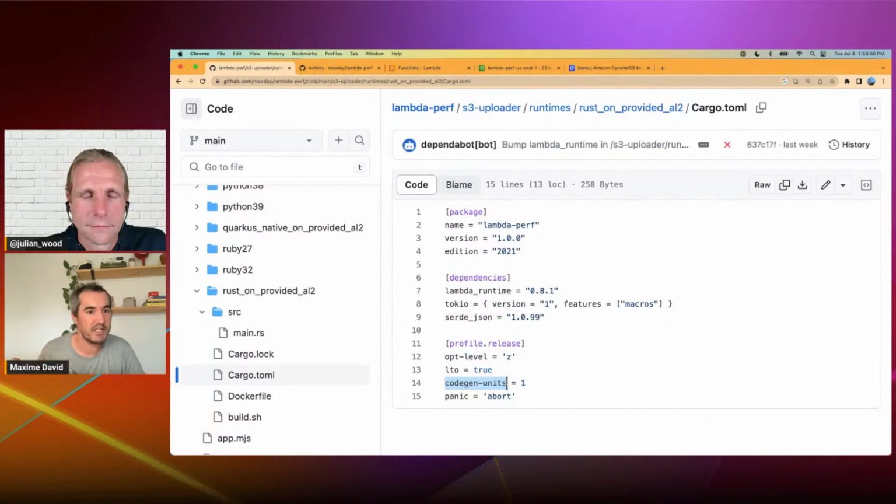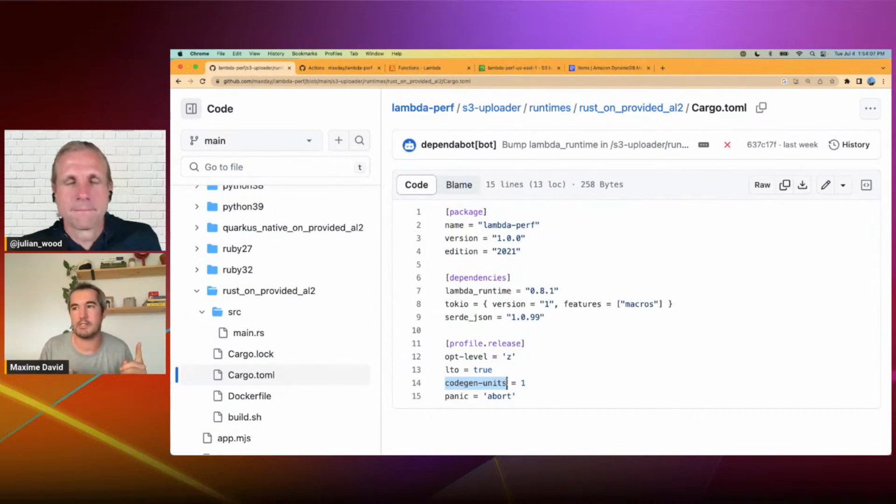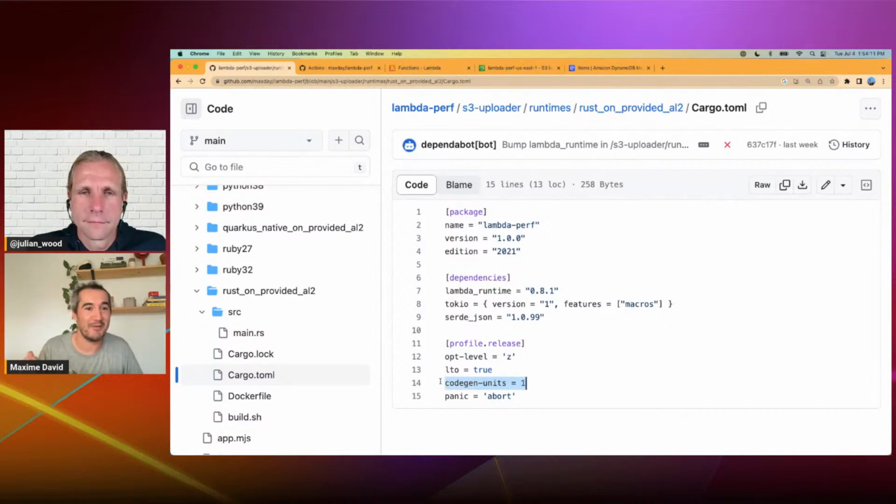But if you specify that you want to use only one code generation unit, the compiler will take more time, so compilation will be slower. But since you're using just one unit, the local optimization is way better. It's not depending on 4 boxes, it's only 1 box. So by doing this small thing, you can reduce your cold start because the binary will be smaller. Of course, for Hello World, it's maybe a couple of milliseconds. But for a huge application,